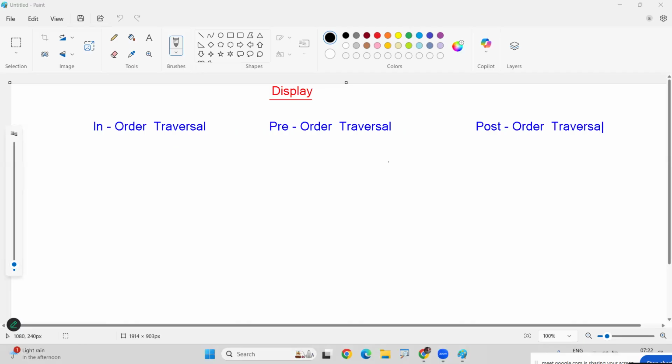Postorder traversal. In three ways we can represent. Let's say I'm taking that parent P, left child and right child. It's a parent, a left child and a right child. Let's say this is the tree. In case it is Inorder traversal,